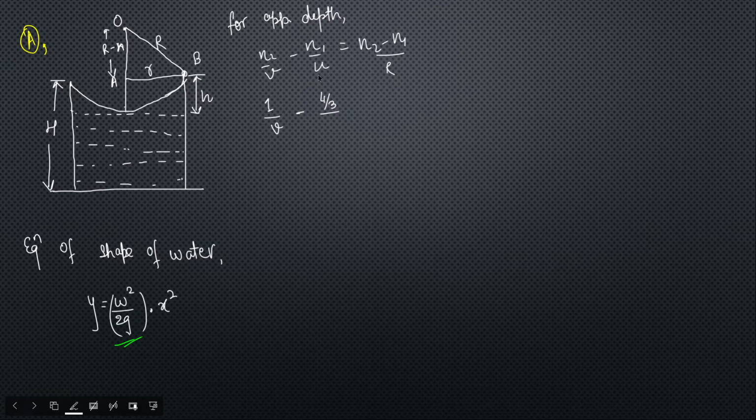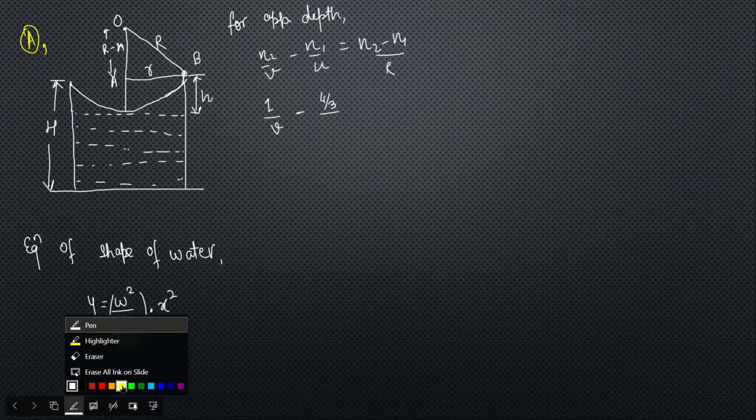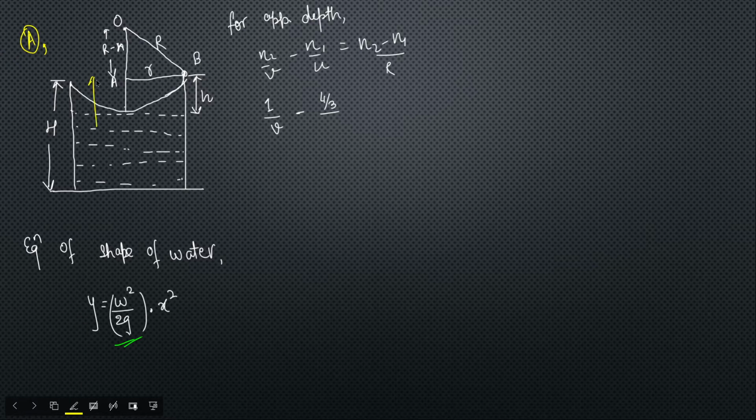This is u. So u would be, you see, capital H minus this h. If the light ray goes in this direction, by the laws this will be considered positive and opposite to it would be negative. So u would be negative, capital H minus h in negative, so it will become positive, and this will be equal to (n2 minus n1) over this R.